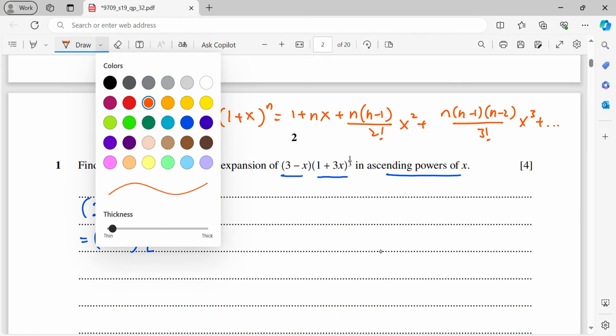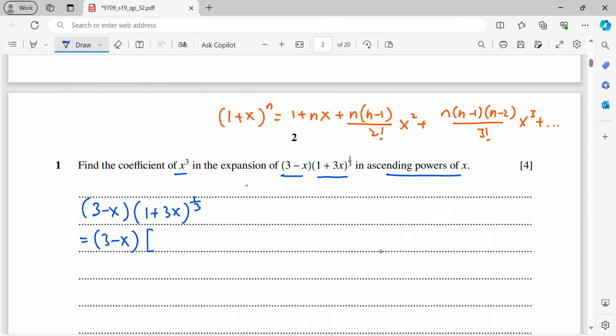So from here, I will be getting 1 plus, my n is 1 over 3, then the x is 3x. Plus, then 1 over 3, so 1 over 3 minus 1 is basically negative 2 over 3, then over 2 factorial (3x) squared,